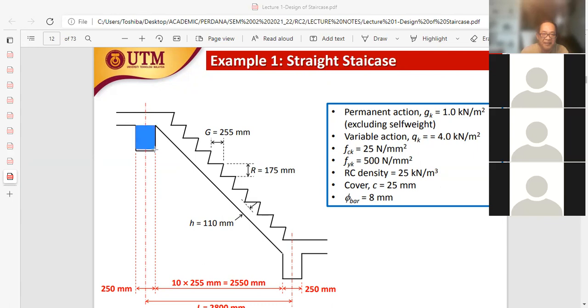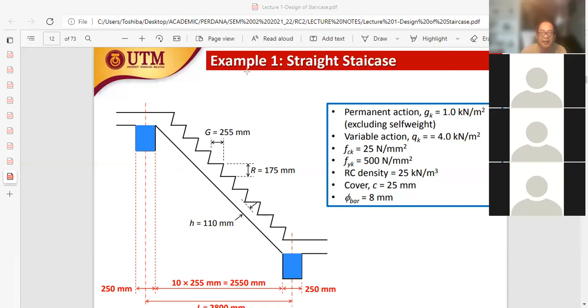This is the beam supporting the staircase here, and also here. These are the two beams supporting the staircase. Once we have identified the support for the staircase, then automatically the position of the support defines our span, which means that once I have determined, okay, this is clearly indicated as a beam supporting the staircase, then from